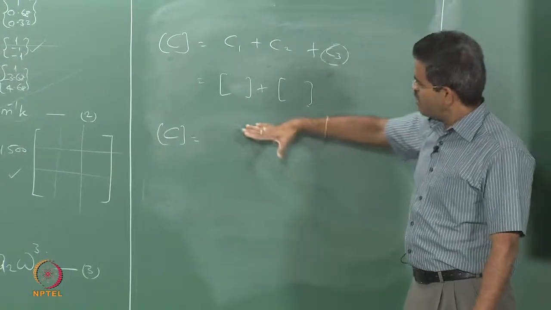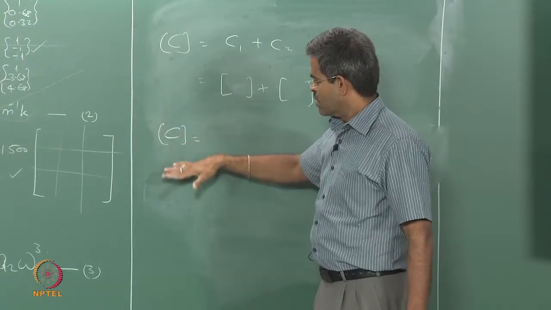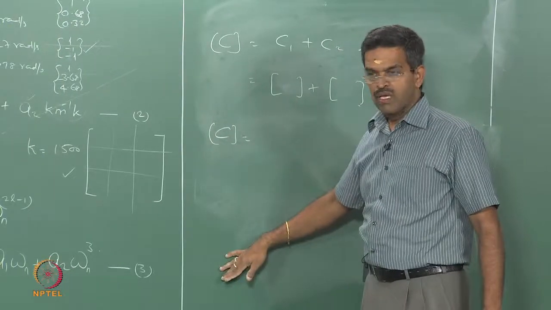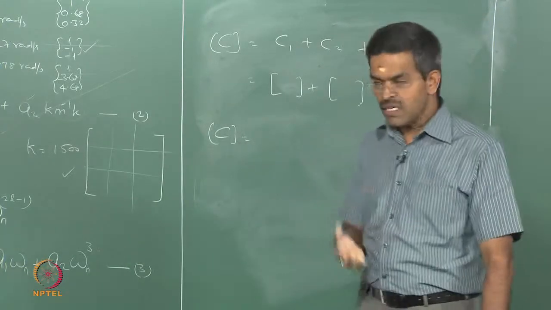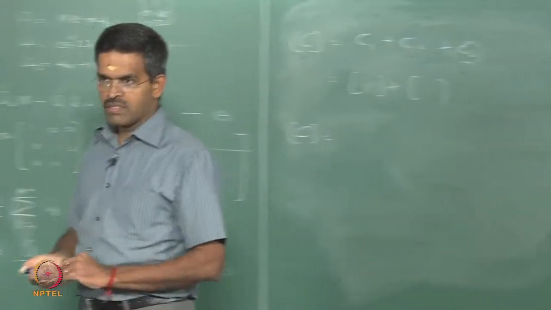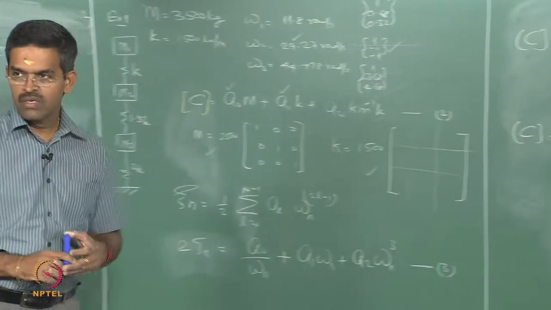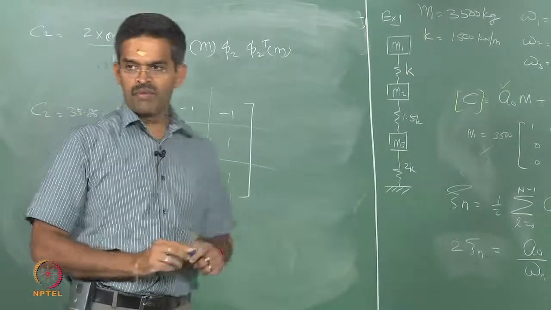So, I have a very small homework for you. You compare C of the superposition method, compare this with Rayleigh and Caughey, and try to compare the percentage error between these, considering Rayleigh as the base. Considering Rayleigh as the base, you can try to find out how much is the error given by these methods. So, this ends the discussion on damping evaluation.